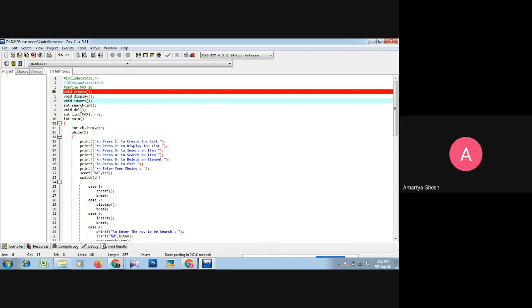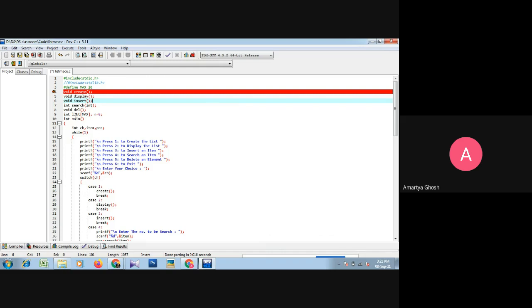Now each and every function should receive the array, the list. If I define the array named list in the main function, then we have to send that array into each function.